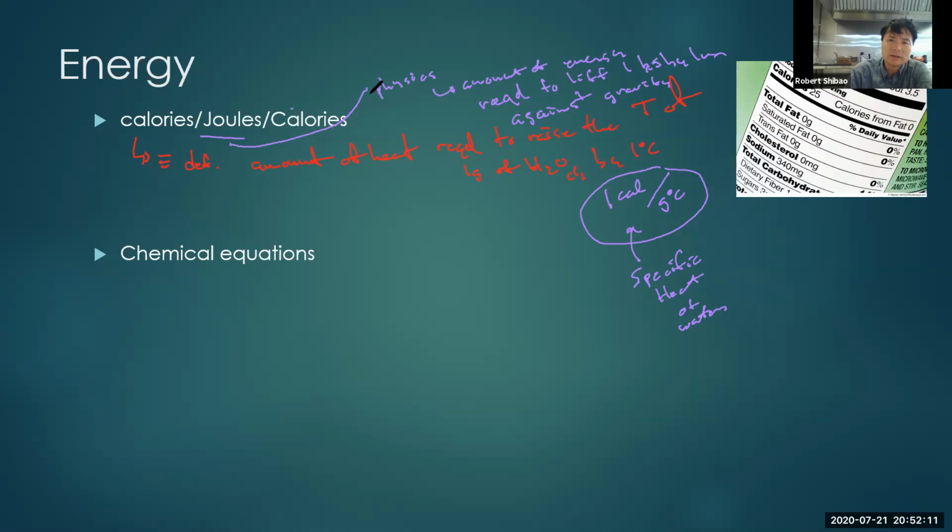What's this one? This one is called the food calorie. A food calorie is equal to 1,000 chemical calories. And so the situation here is this